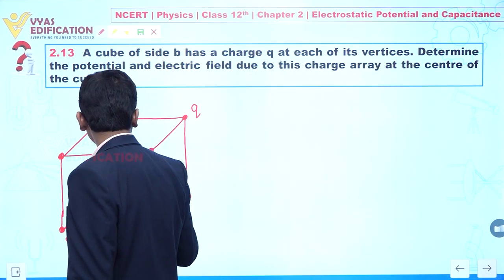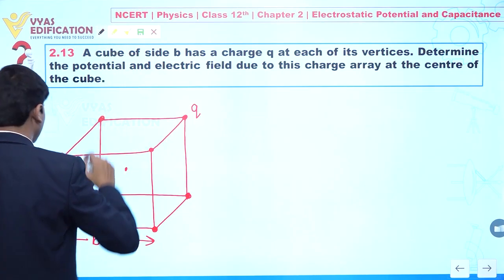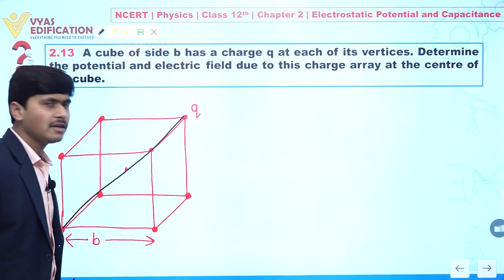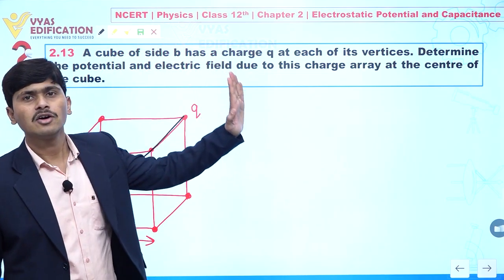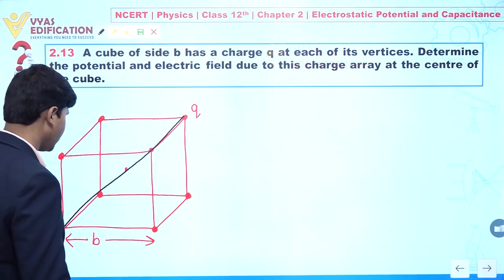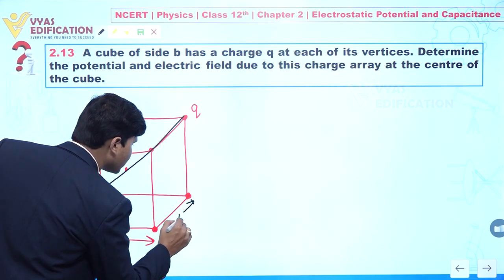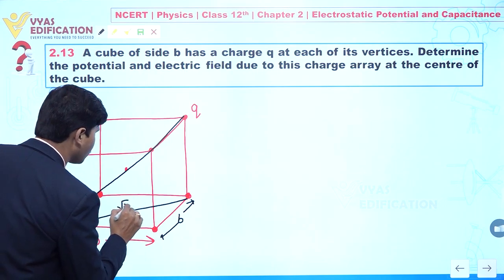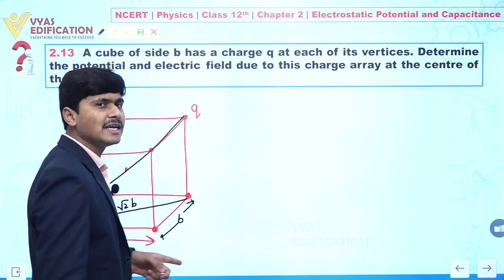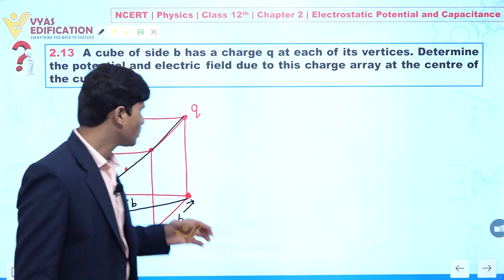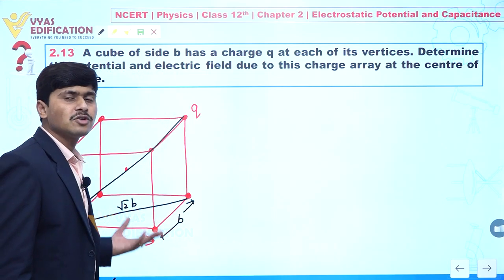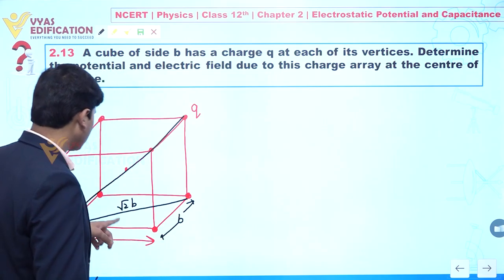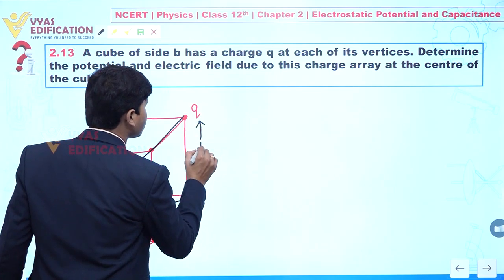So let's suppose this is the center of the cube. If we join this end, it will look like this, clear. You can say actually this is a diagonal of this cube. So can we calculate? Yes, this is b, we can say this distance is also b. So we can first find this diagonal. This is equal to under root 2b, because this b and b are perpendicular to each other, clear, because this is a 3D figure, that's why it is not looking like 90 degrees, but this b and this b are perpendicular to each other. So this is under root 2b and this is also b, clear.